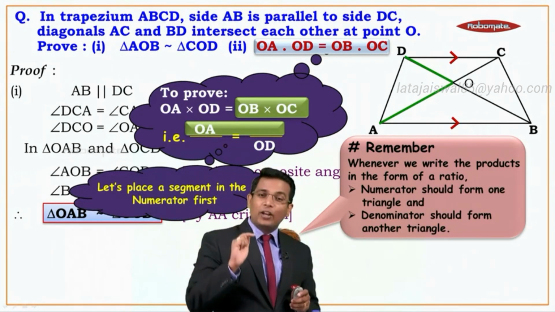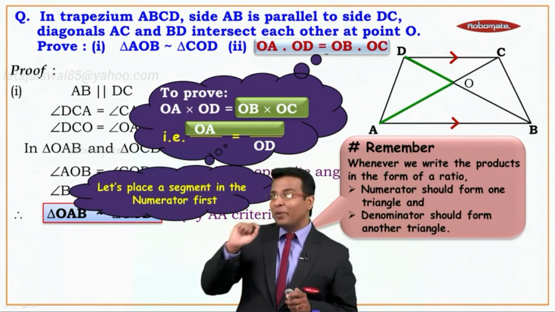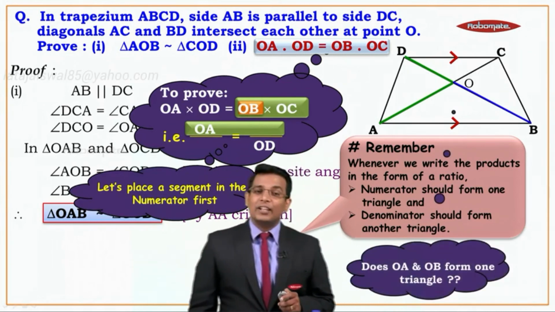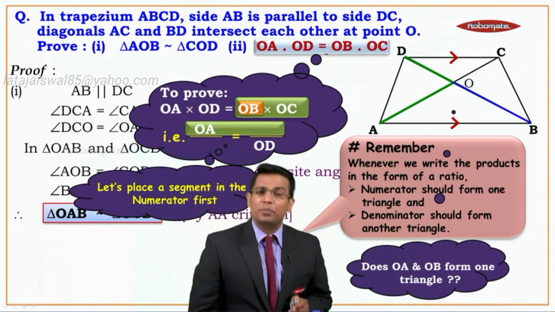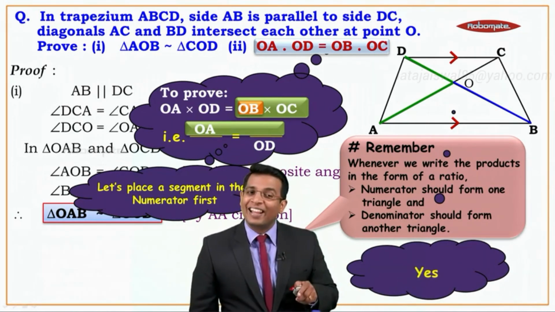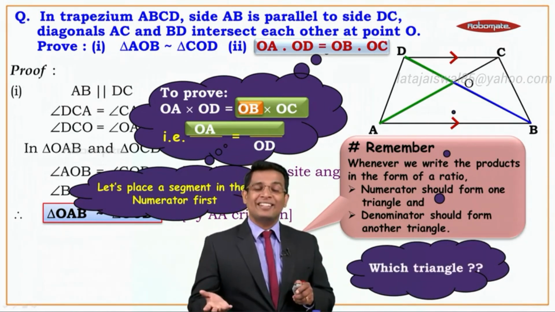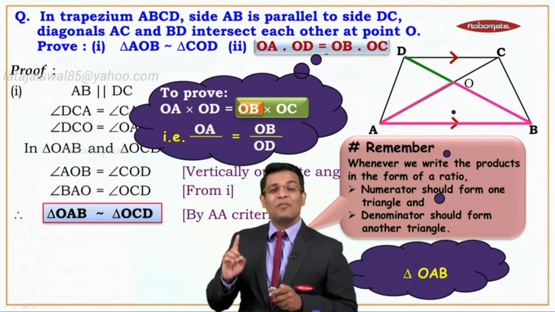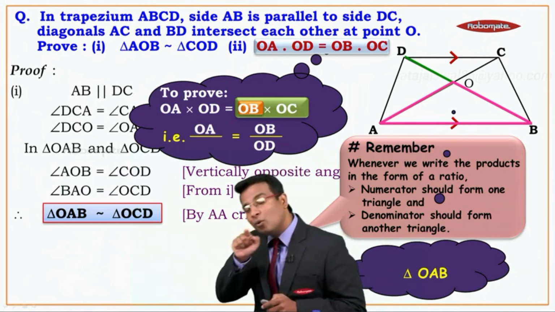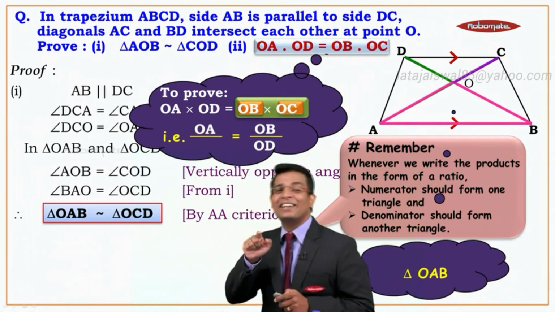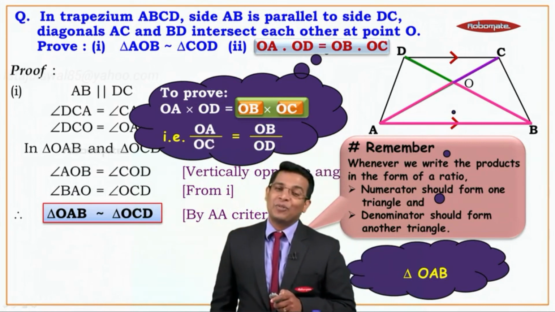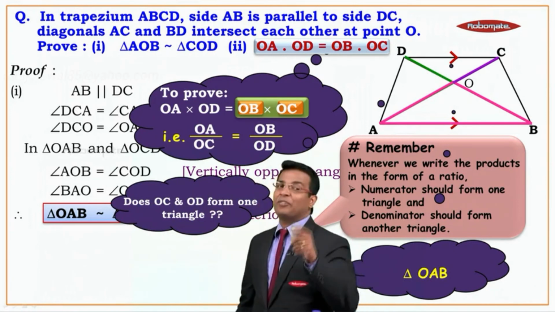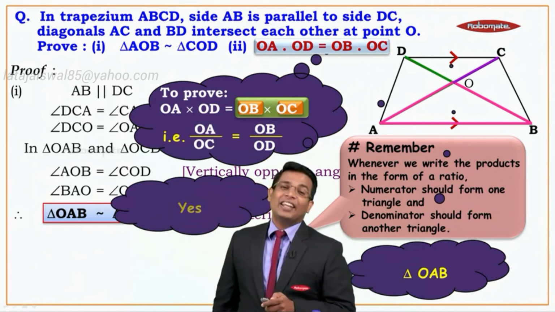Now, if you look at OA, let's place a segment in the numerator first. Any one, right? If I pick up OB and I place it there. Now, first thing is, OA and OB, does it form one triangle? Observe there. Yes, it forms one triangle. Which triangle is that? That triangle is OAB, right? That is why you are going to have OB in the numerator. So, obviously, OC is going to go in the denominator. You can check this again. Do OC and OD form one triangle? Observe in the figure. Yes, they form one triangle. Yes, that is triangle